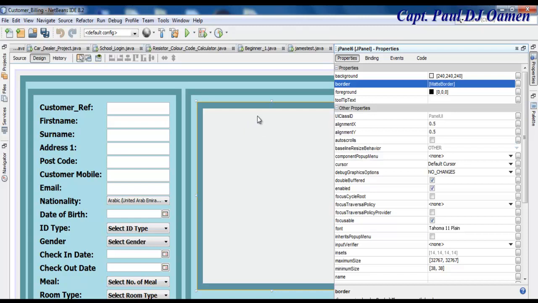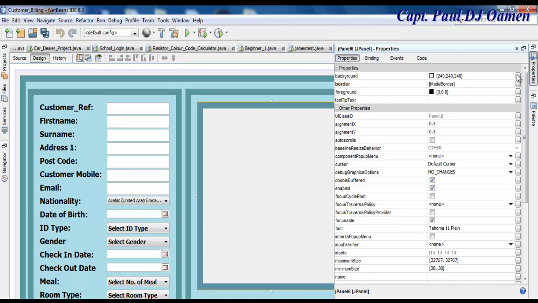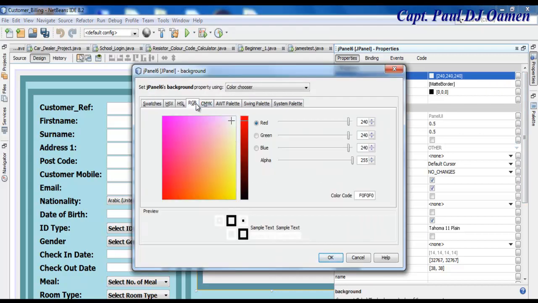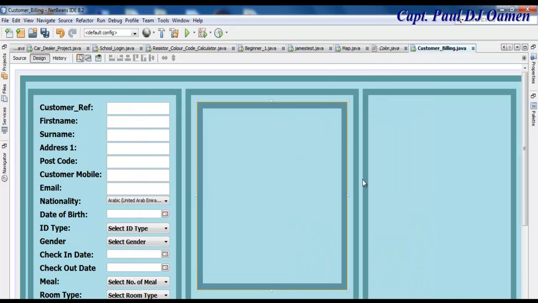But okay, let's change the inside of it. So I'm going to make the inside 176 by 224 and 230. Yeah. Okay, that's fine. Okay, we need to now add